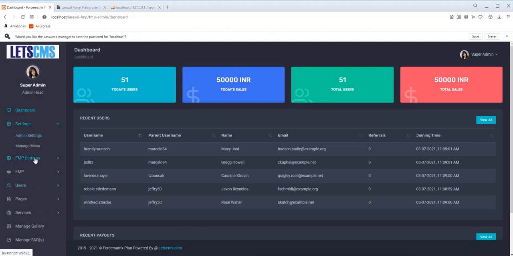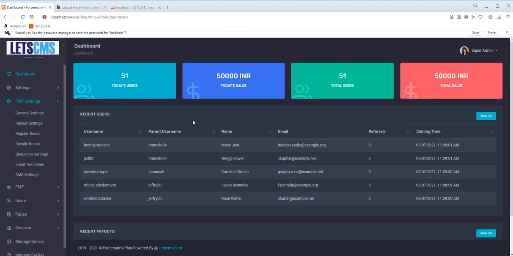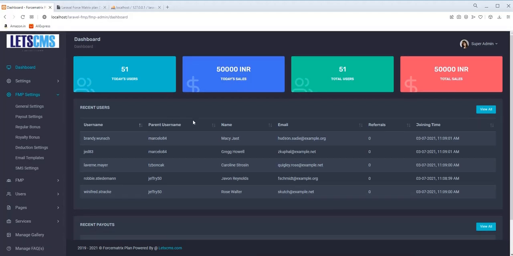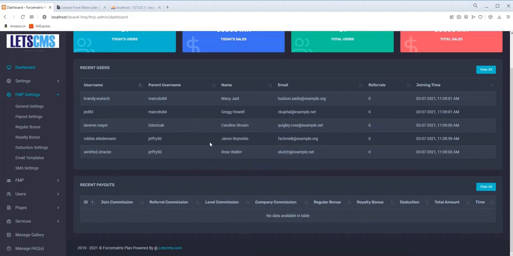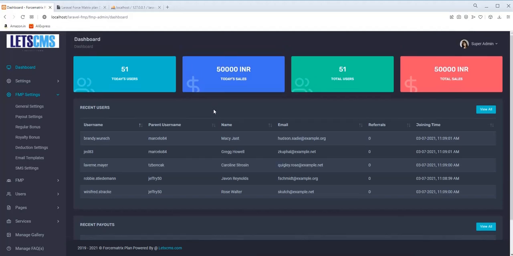These are some settings. We will discuss these settings later in the next video, but I will put everything you need, like the documentation, URL and everything, in the comment or description of this video, so you can get it easily. Now I will create another video on how the settings and this application work.